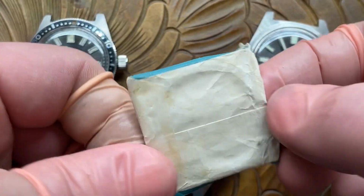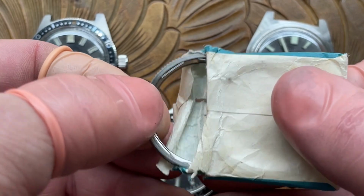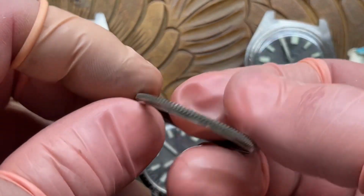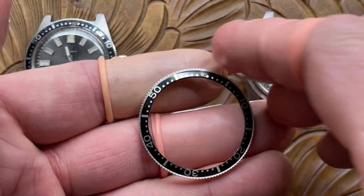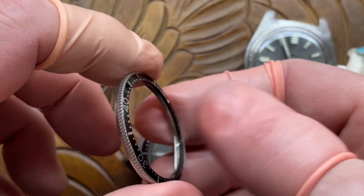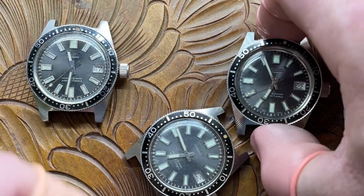It's right here. Yeah, you just don't see these very often. That alone is probably worth the price of admission. They come with their own handy dandy little retaining ring, which is different than the 6105 one, by the way. There you go. The knurling on this is so sharp, I can feel it through my gloves, my finger cots rather. And after this watch is restored,